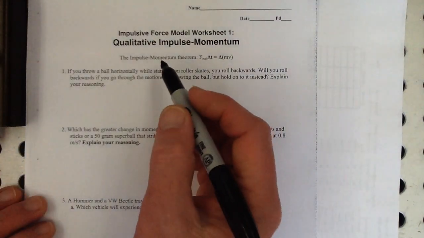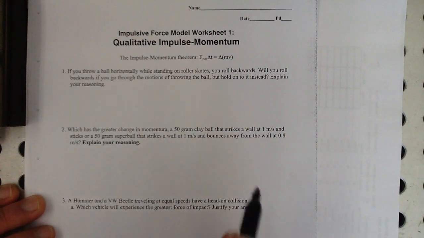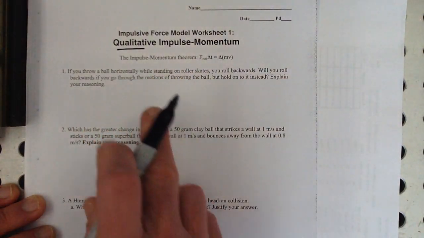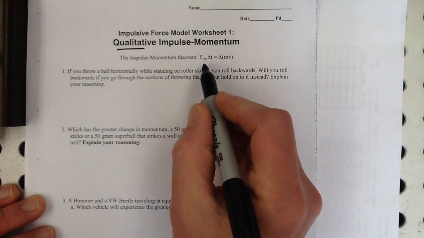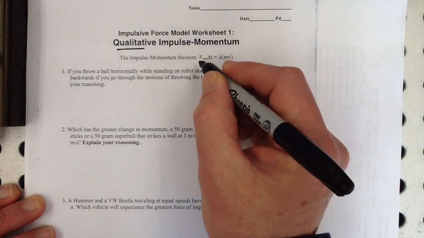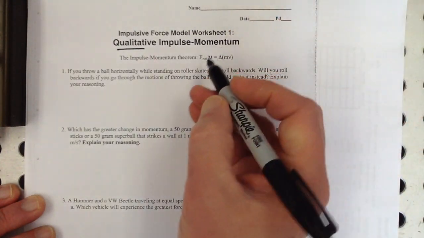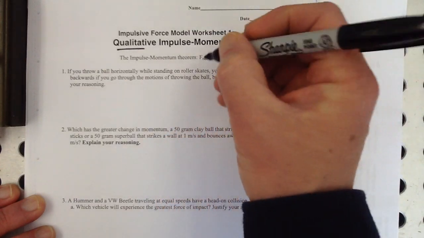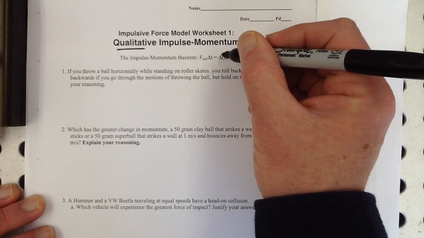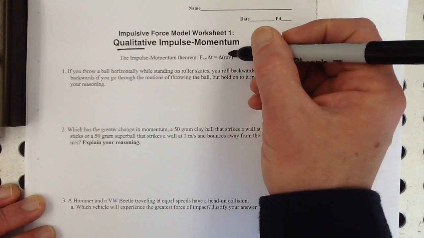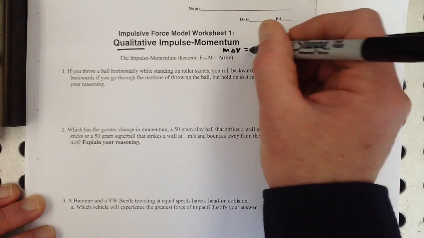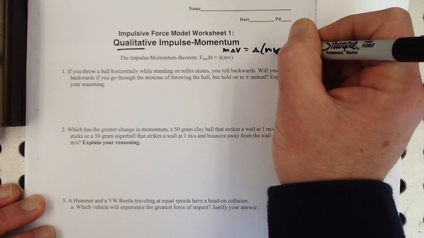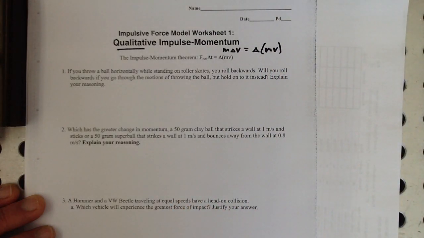Going to go through this Unit 9, Worksheet 1, qualitative impulse momentum. So we're not really getting into numbers too much yet, or at least that's what that claims. This is slightly different than the equation that I gave you in the notes. Instead of force net, that's the same as unbalanced force. And here, the delta came to the outside, so that's change in momentum. The mass isn't changing, so whether you write mass times delta v or delta mass times velocity, it's the same thing. So that's the same thing that you have from your notes.